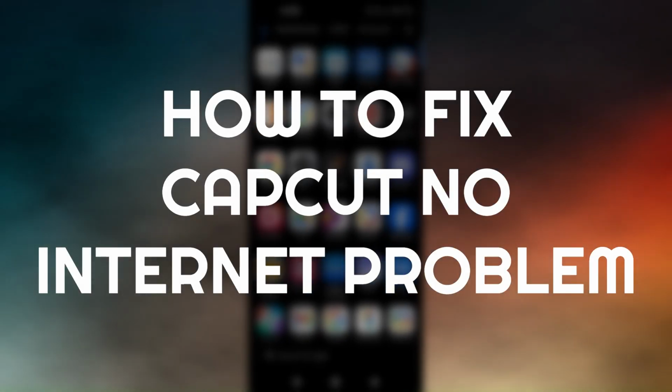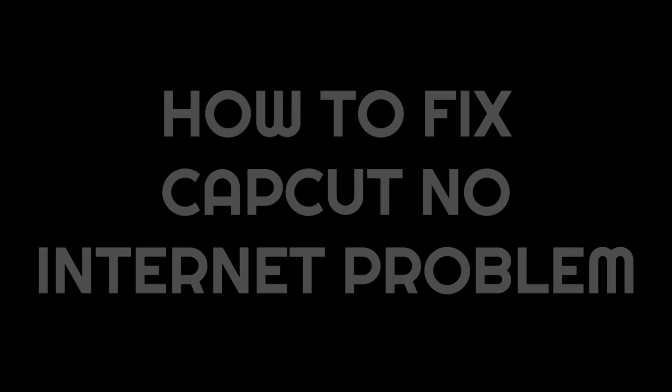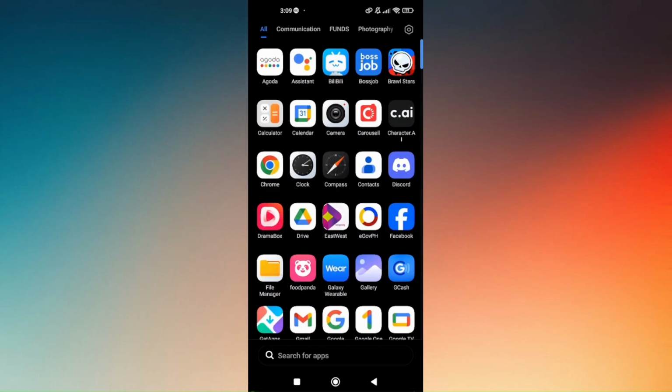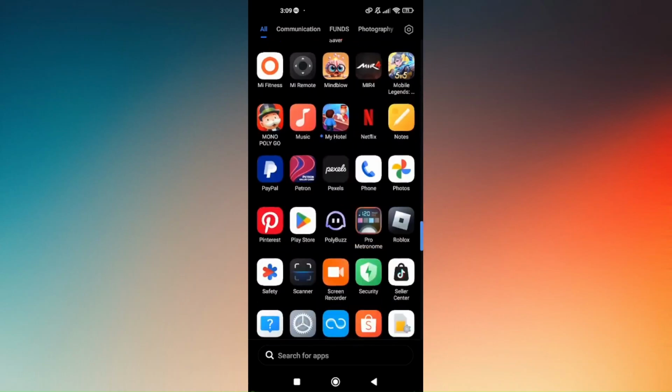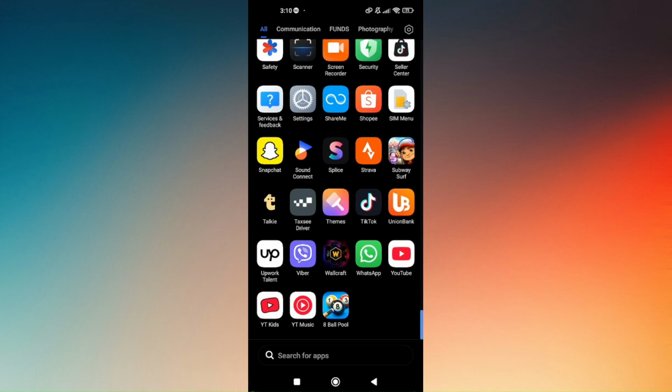How to fix CapCut no internet problem. Now, from the word itself, no internet problem error, the problem is usually coming from your